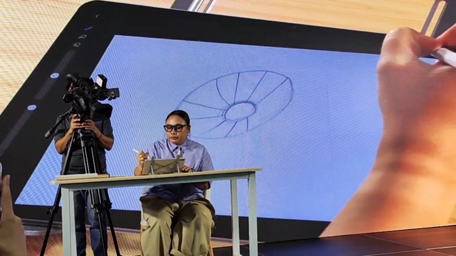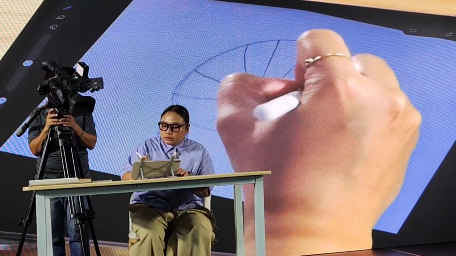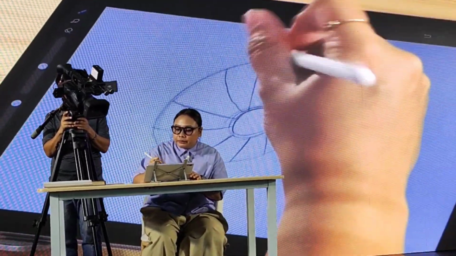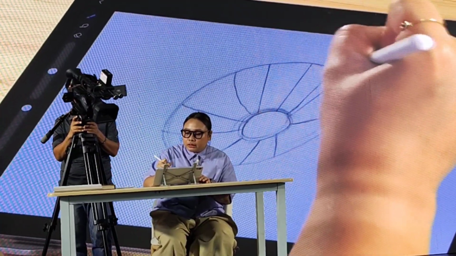So the more lines, the more petals. Let's make it bigger. Okay. So after this, I like to create the petals now. It would look like this.